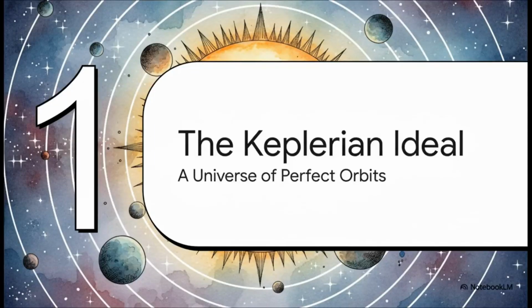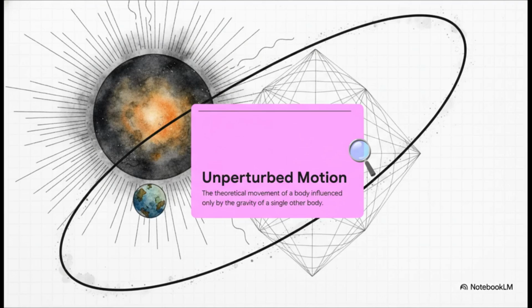All right, first things first. To really understand a deviation, you have to first understand the perfect path. So let's begin by establishing our theoretical baseline, a simplified universe of perfect, predictable orbits. What you're seeing here is the essence of the two-body problem, which is really the starting point for all of celestial mechanics. We imagine a solitary planet orbiting its star, with absolutely nothing else in the universe to interfere. In this idealized case, its path would be a perfect, mathematically pure ellipse, repeating that same track flawlessly for all eternity. This theoretical movement is what we call unperturbed motion. It is our perfect model.